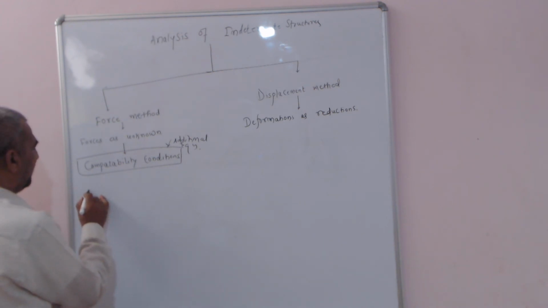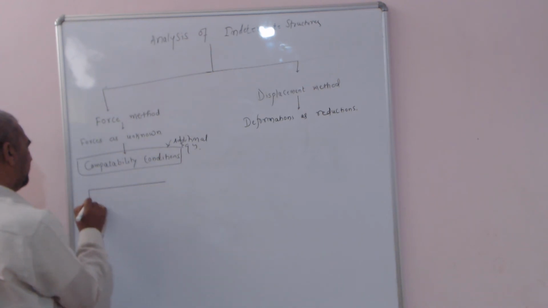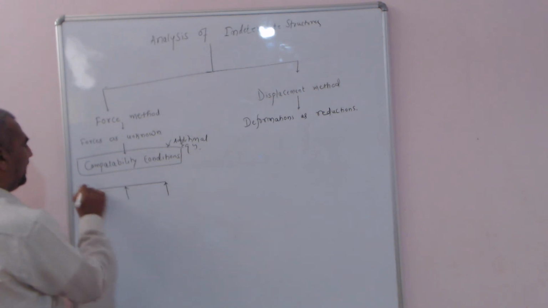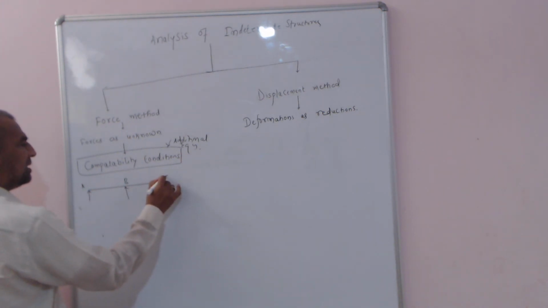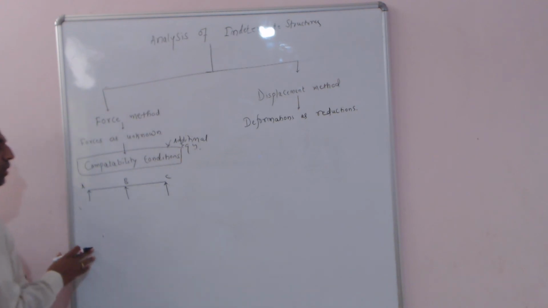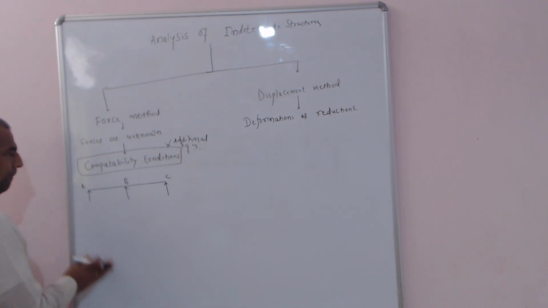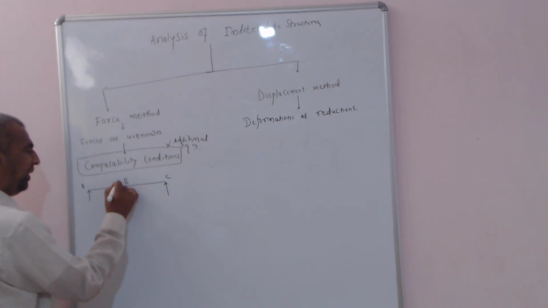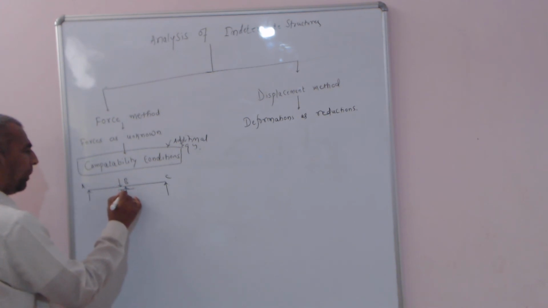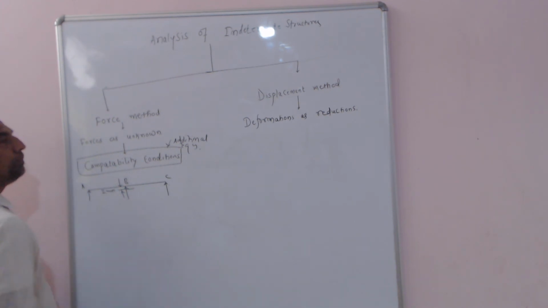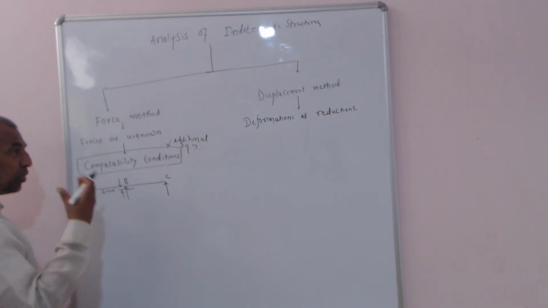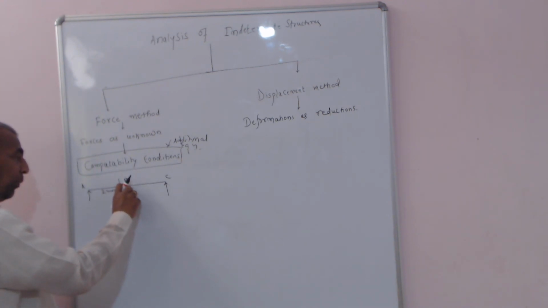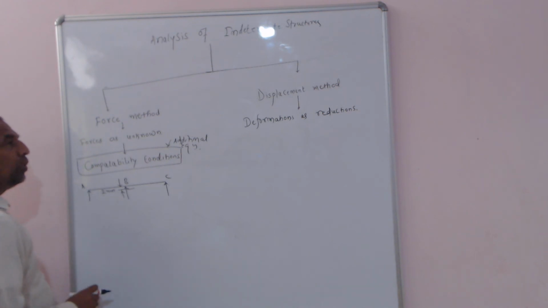For example, if I am going for a continuous beam with a column at A, B, C. So what he says is, the point B over the column yields, means moves downward by an amount equal to 2 mm. This column is not so strong. Under the load, the point B moves in downward direction by an amount equal to 2 mm.